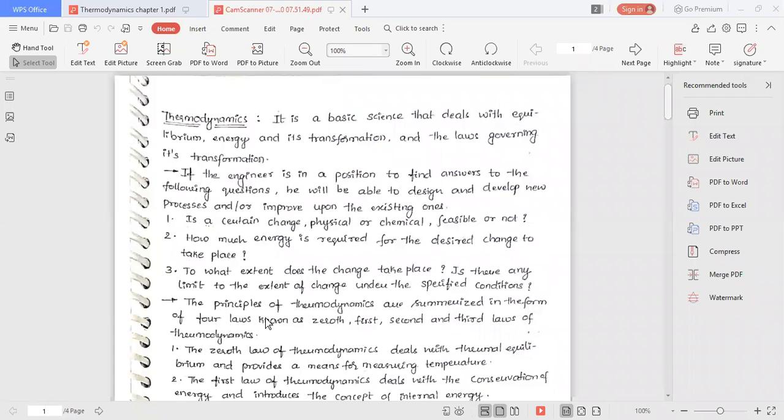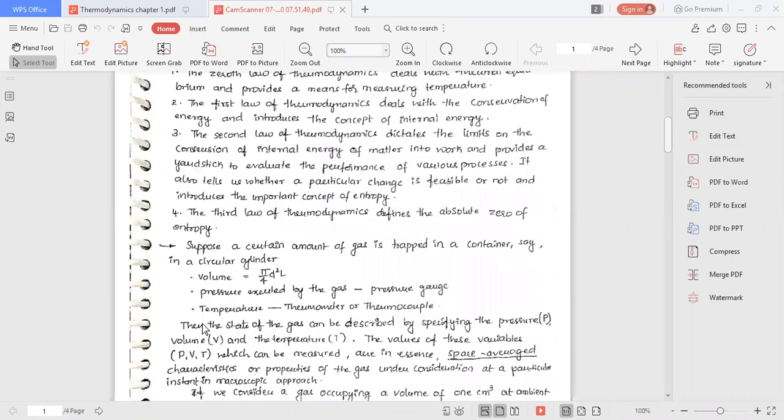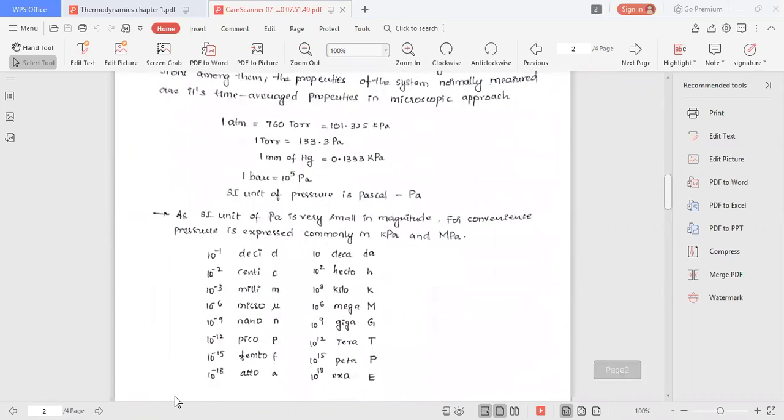Suppose for these questions, I will give another example. The car is going up the hill. Up the hill means there is an elevation, so the car will not run smoothly. How much energy do you need to run the vehicle up the hill? That is the question. For that you need to design a mechanism to transfer the energy from fuel to the wheels. And these are some questions. This is the theory, you can read afterwards.